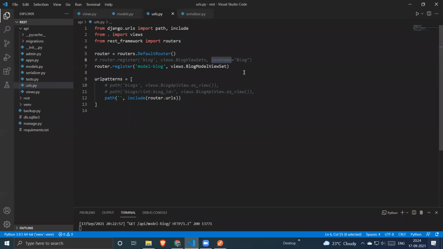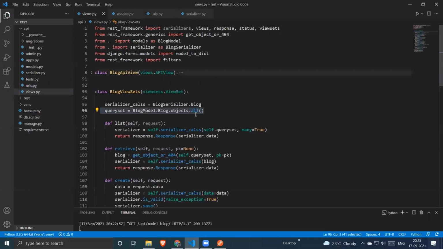Suppose I want to use a query set, then I need to define the base name here. Okay, if you are using a router with a query set, then you don't need to define a base name. If you are not using a query set, let's say you are building an API view set to read a file. It is not mandatory that you use the API view set with serializers only.